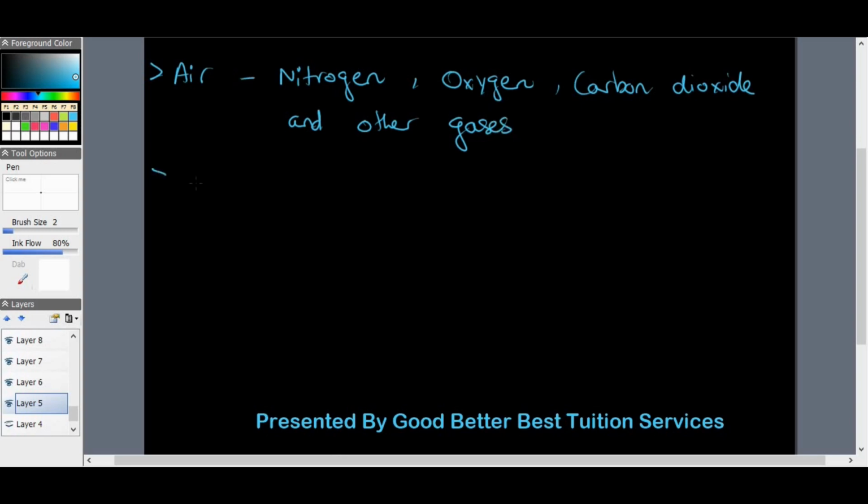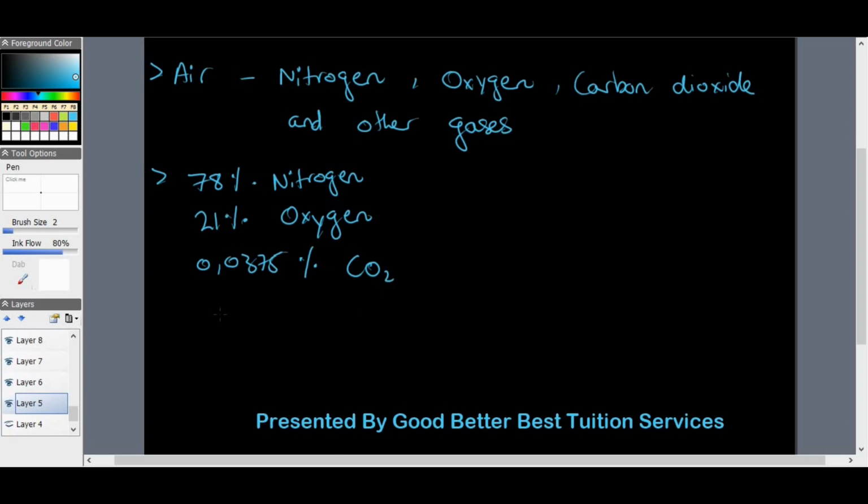So in the air we have 78% nitrogen, we have about 21% oxygen. We have a very small percentage of carbon dioxide, about 0.0375% carbon dioxide, which I'm just going to write as CO2, and then there are other gases. If we add this up quickly,